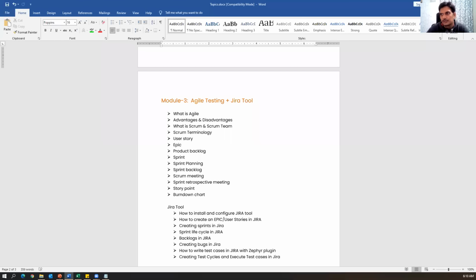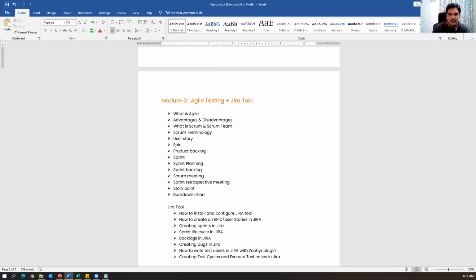All right, so today we are going to see agile process. So far we have seen what is software testing techniques, software testing process like SDLC, and also we have seen how we need to work on a manual testing project. So now I'm going to introduce you to agile testing.